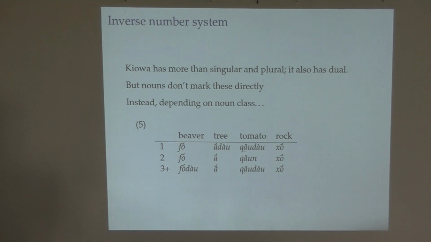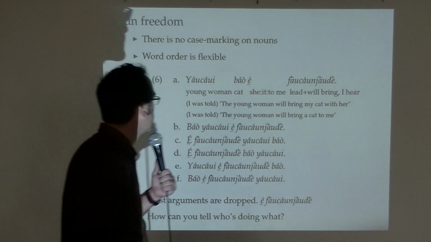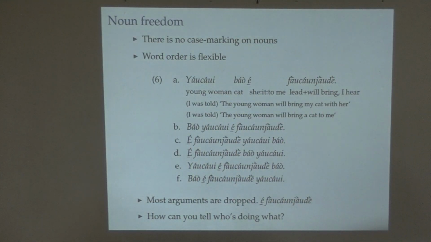And so the marker doesn't say singular or plural or whatever. It says inverse. And then you have to know what kind of noun it is to get to plural and so forth. This is a feature of Kiowa and the other Tanoan languages. No other languages on earth have this kind of system. If we didn't know that, right, we wouldn't know that it's in the buffet. Right? And so,